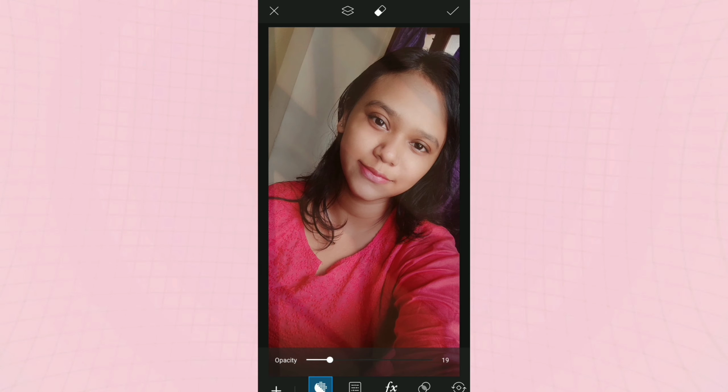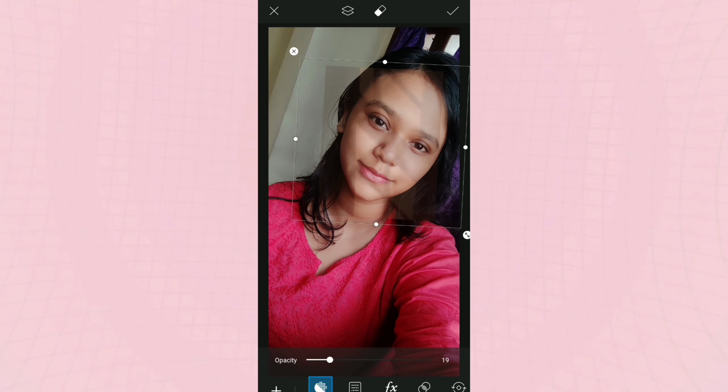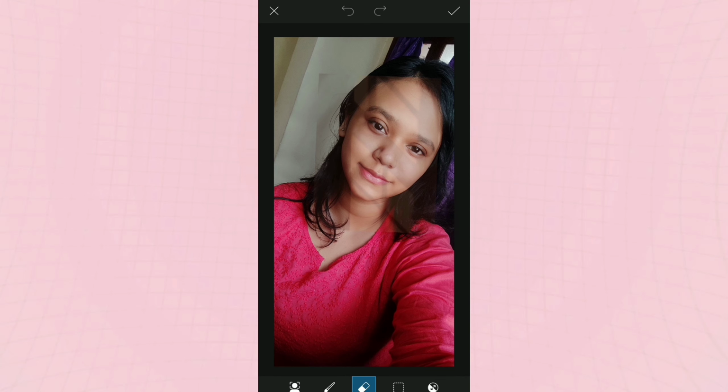Now decrease the opacity. This is how it looks, but I just want the sun effect on my face. So I'm going to set it smaller, do it on my face, and erase the parts which I don't want. Yeah, so this is done.